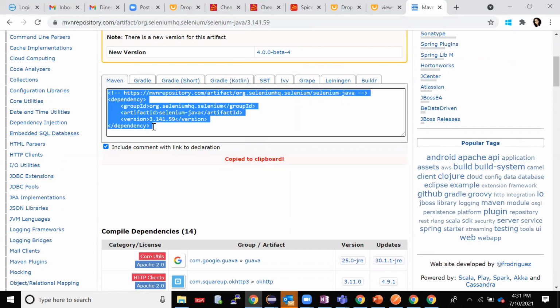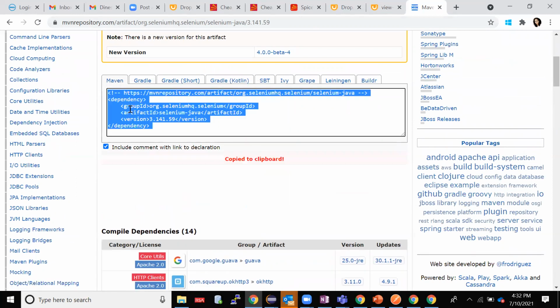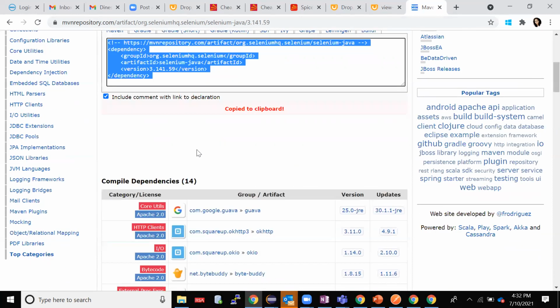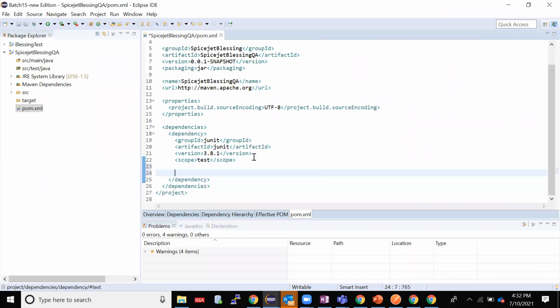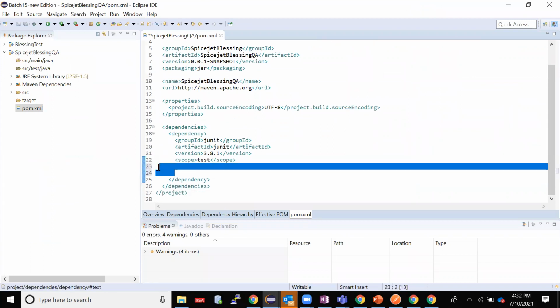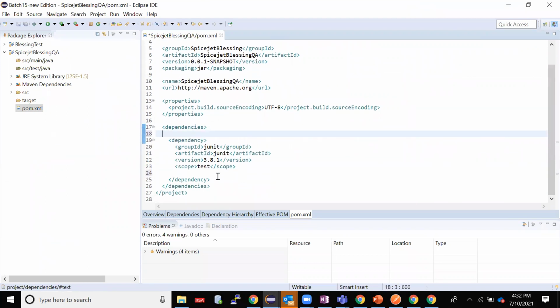I'll copy whatever is there in this Maven snippet. In the pom, you have JUnit and all, just leave it as it is. You just observe, these are your dependencies tag, and whichever dependencies you add will come inside your dependencies.